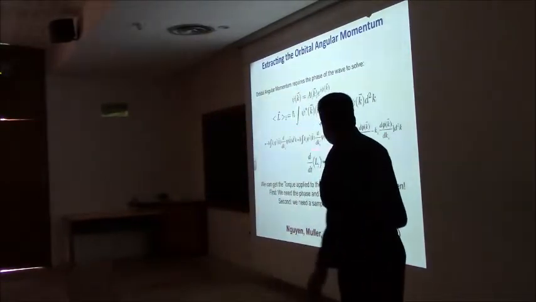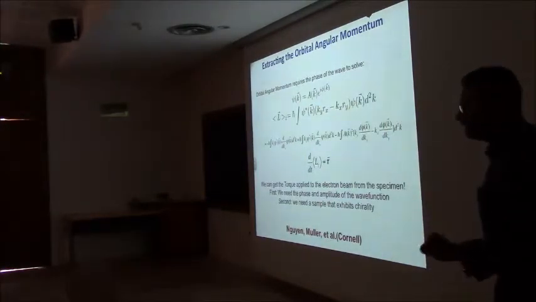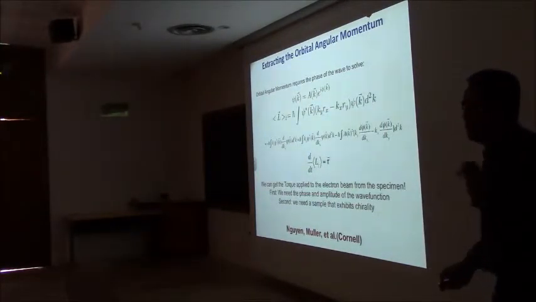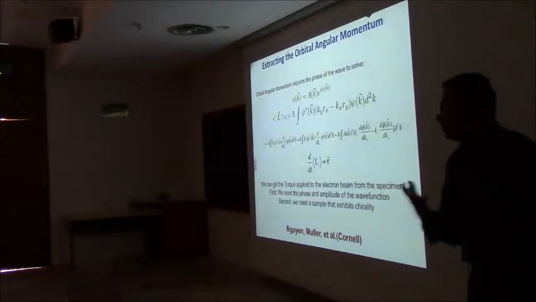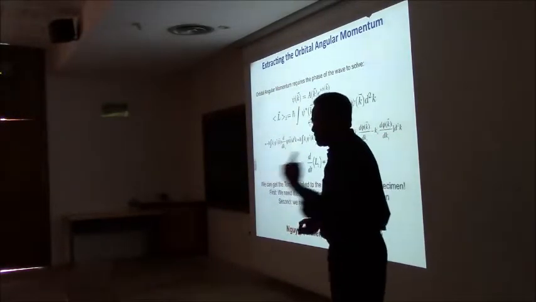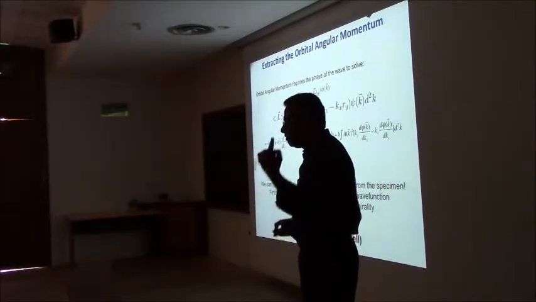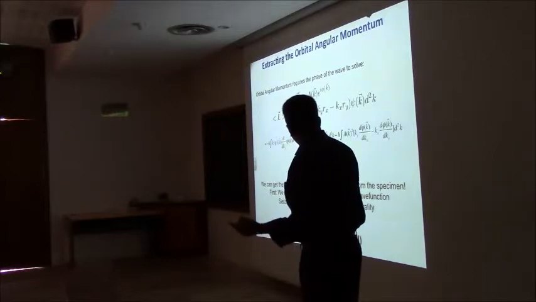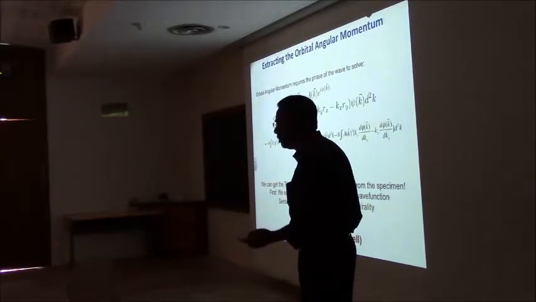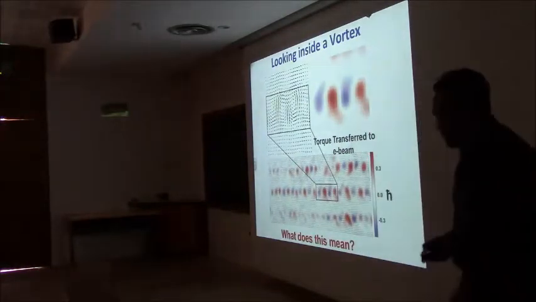And to extract all of this, you have to do something called ptychography, which I will not go into the details of. I'll ask you to go back and look at David's work. There's a whole bunch of people working on this. But this is integrated through the sample. This electron beam takes a finite time to go through the sample of about 10 nanometers, gives me the total torque, and therefore gives me the total angular momentum. So that's the experiment that David and Kyla did.